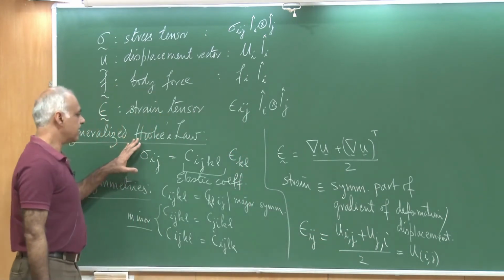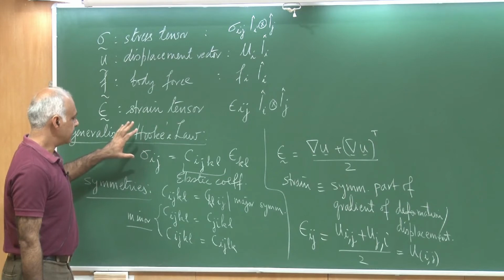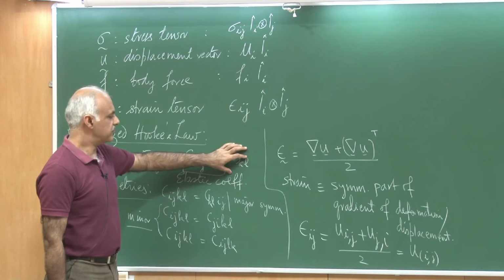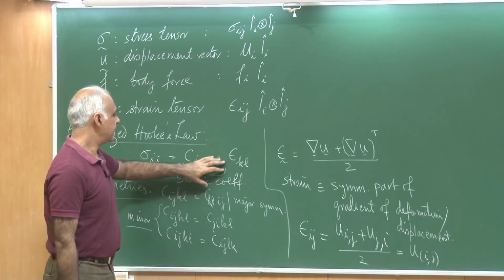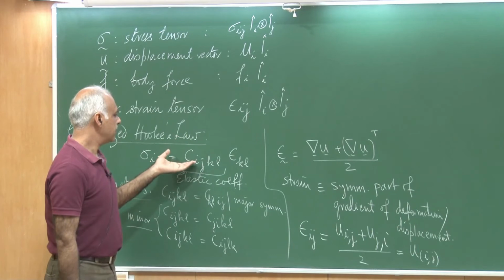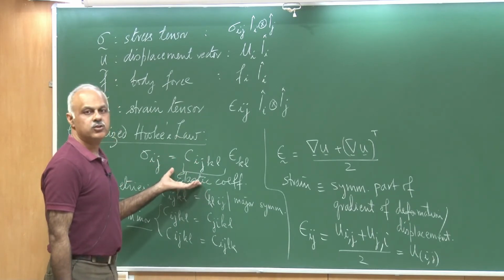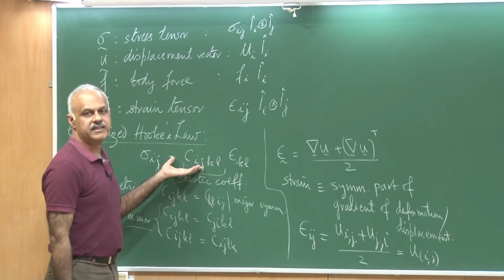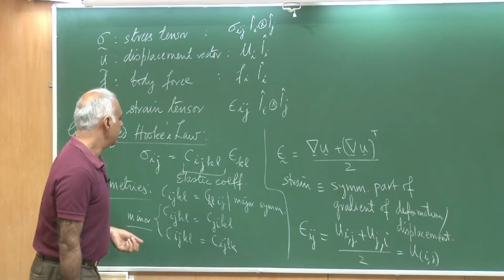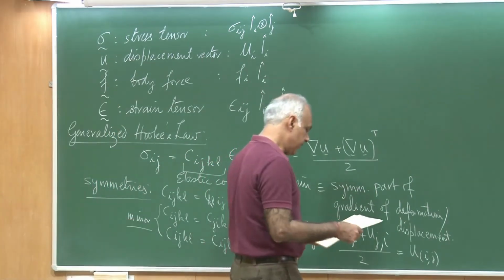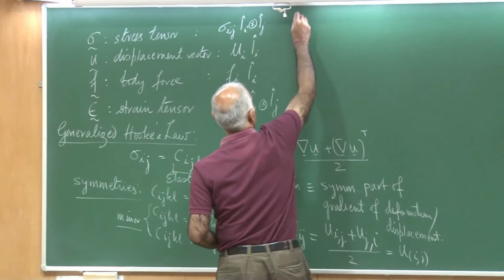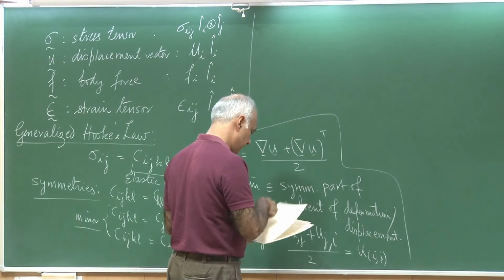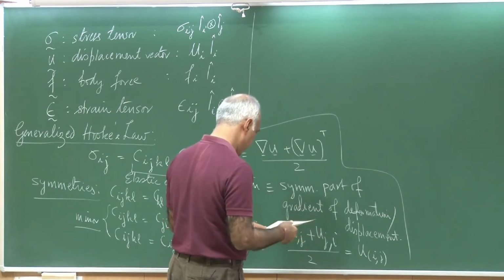So, here is what the generalized Hooke's law says, that the stress is directly proportional to the strain. And this for a linear system would imply that the elastic coefficients do not depend on the strains or the displacement gradients, and that is how we talk about the linear elastodynamics. So, I had given you the strong form in the last class. Let me just review it for you, and then we will go ahead and formulate the weak form.